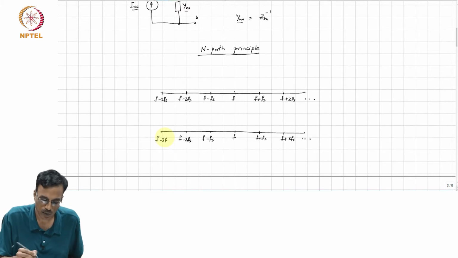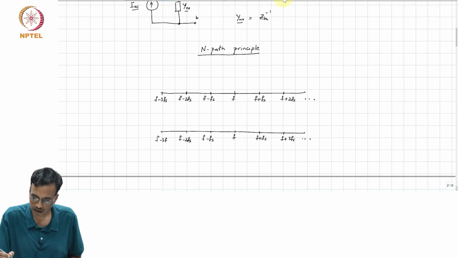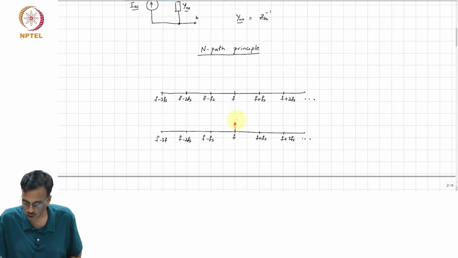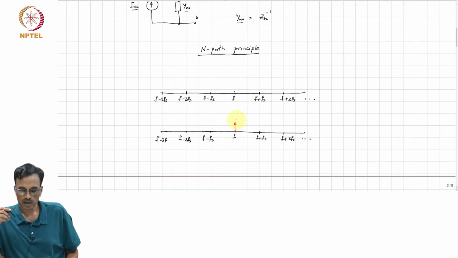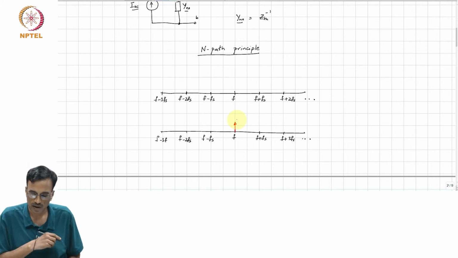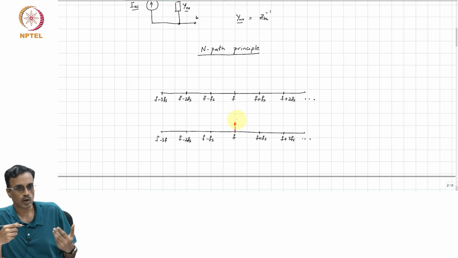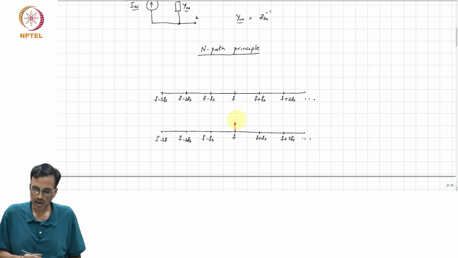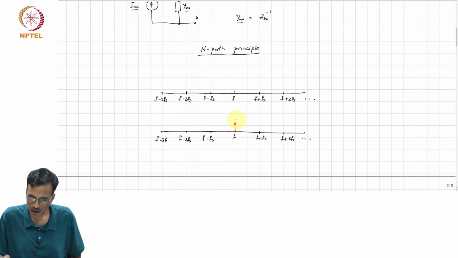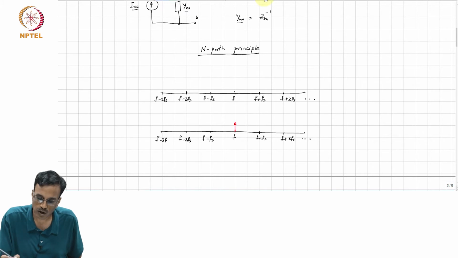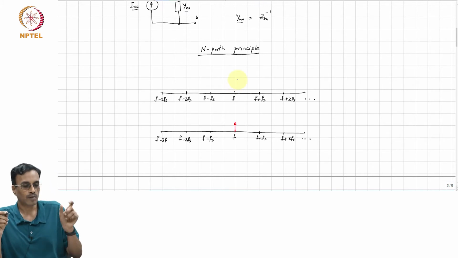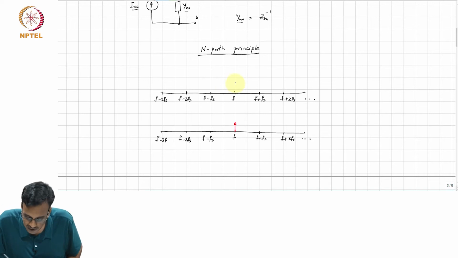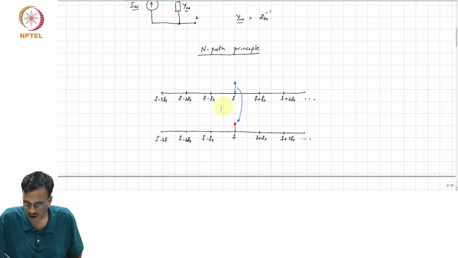So, let us say we look at the output and we find that the output has a tone at a frequency f. If the system was time invariant, then there is no confusion. We know that the input tone was also at the same frequency f. But because of the time variance, the periodically time varying nature of the network, we are no longer sure at what all frequencies the input exists at. It could, for instance, be coming from f with a conversion gain which is basically h0 of j2 pi f,